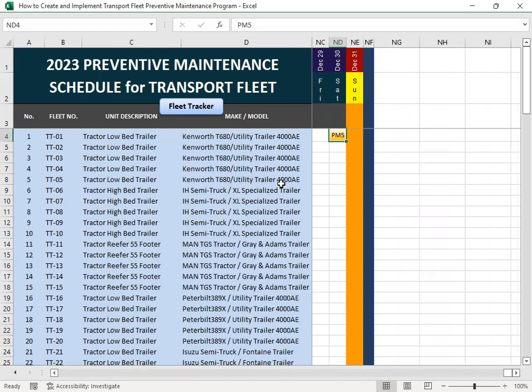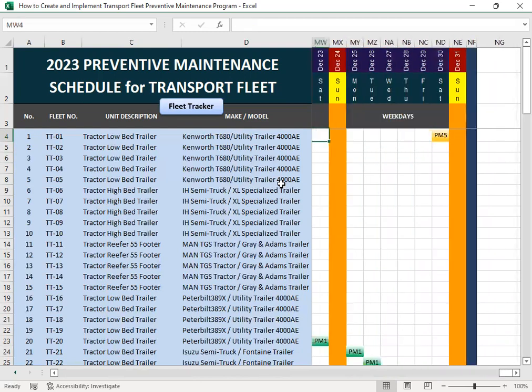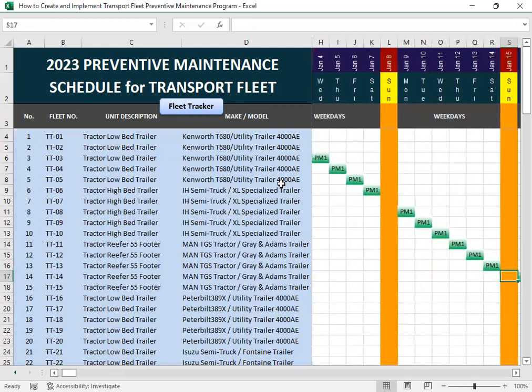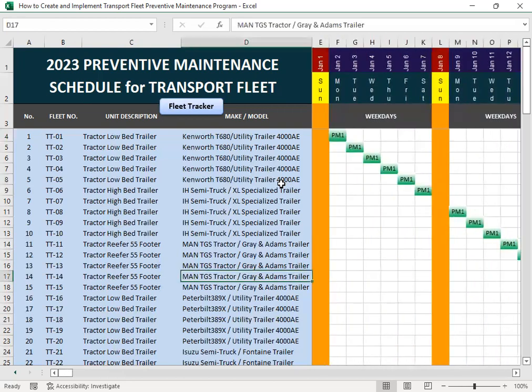So it's annual. The other units started late. So this is for the preventive maintenance of all this transport fleet,